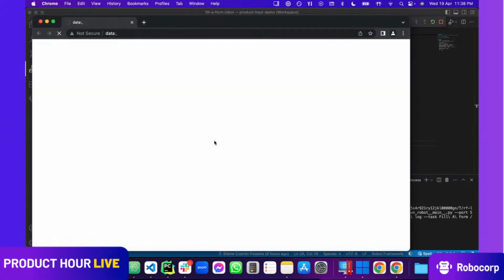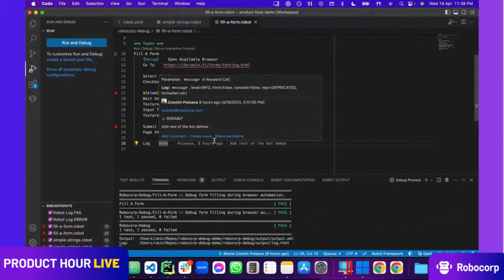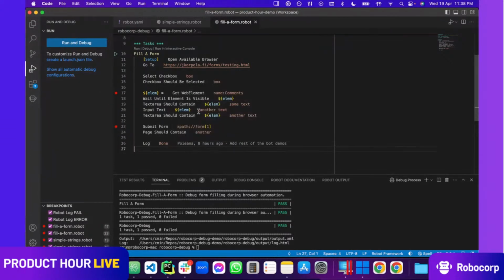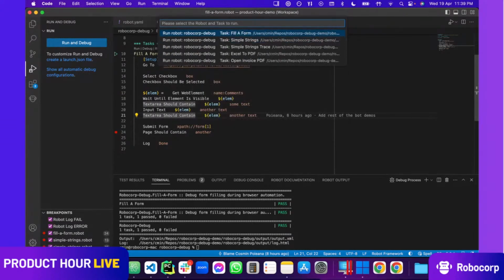So the browser opens, going to the page, clicking that checkbox, submitting the form, and it just finished and closed the window so fast that we didn't even have the time to see that the form was successfully submitted, and then the page was checked to see if it contains this other word coming from this other text submitted through the form. If I want to check that, I can run it again, run robot, the form.